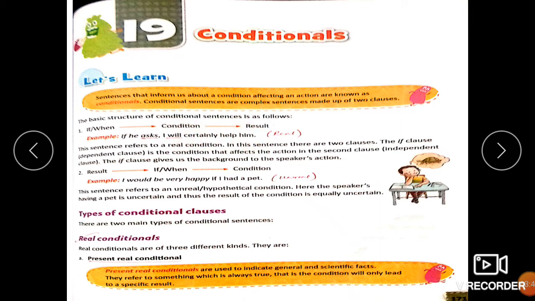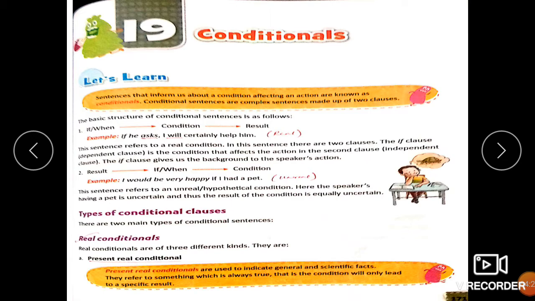Now, another way that the conditional sentence can be framed is, first we mention the result. We use if or when in the middle of the sentence, and then we talk about the condition which will obviously be connected to the if clause. Now in the first sentence, where we begin with the if clause or the when clause, always remember we use a comma after the first clause, that is the subordinate clause, and then we write the main clause. Now when we begin with the result itself, that is when we use if or when in the middle of the sentence, there is no need of using the comma. Please keep this in your mind.